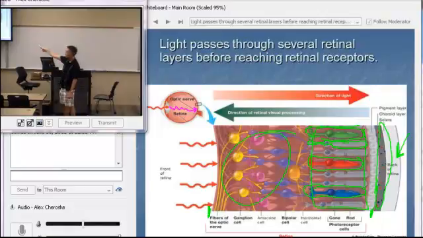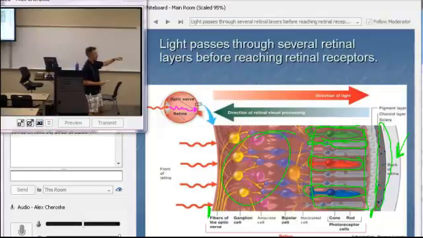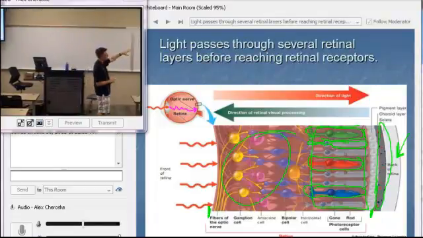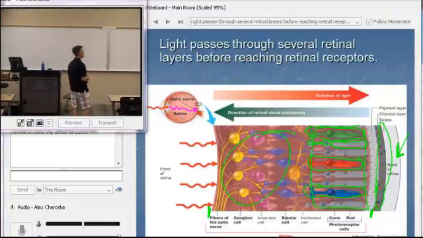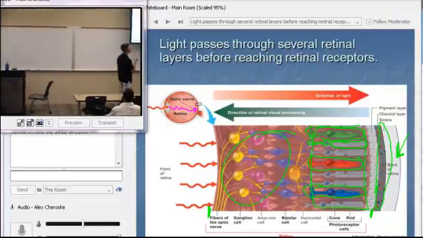And then notice the axons of those ganglion cells right there are going to all come together and they're all going to exit out the optic nerve. And that's why we have that big bundle, almost like a telephone cable with all those wires in it. All those axons there from all the ganglion cells are going to exit the eye. Okay? Now, one other thing I want to highlight before we talk about those photoreceptor cells in more detail, notice